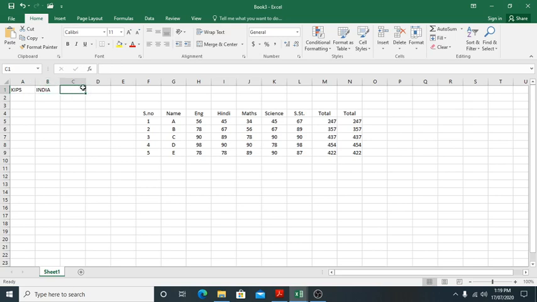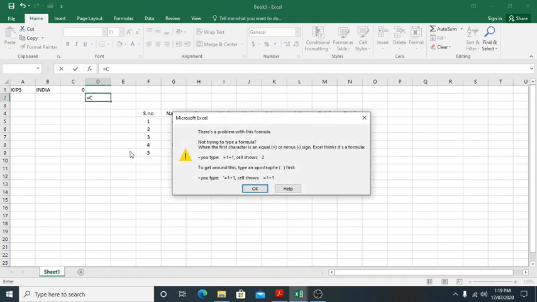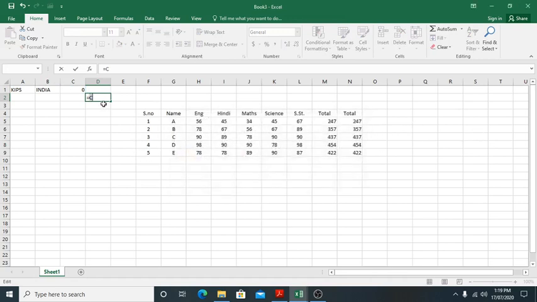In C we want to add, we should write there, so KIPS India all together. How can we show it? First of all, equal sign, then the address, what address is given? A1. Now ampersand sign, and then B1.